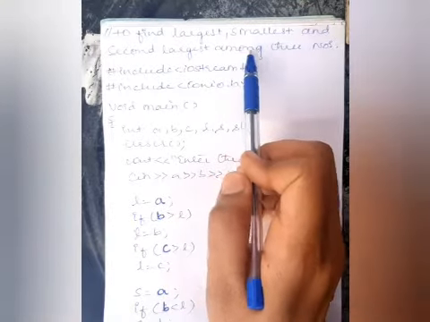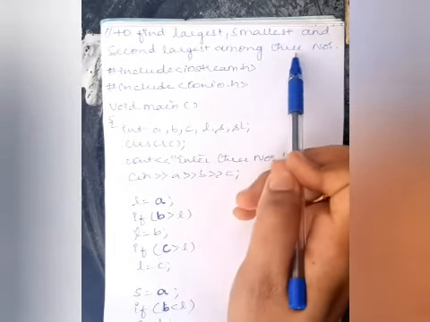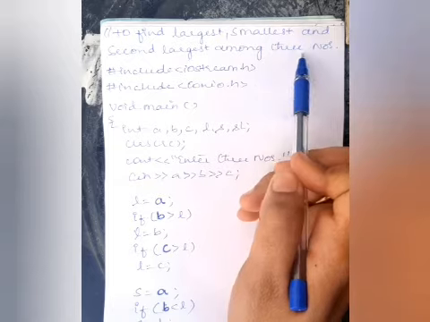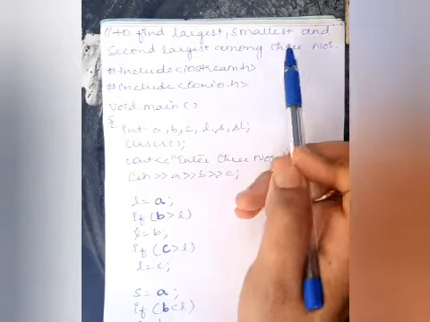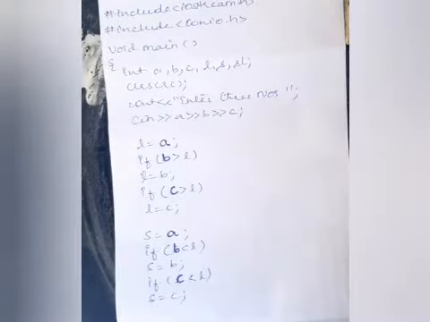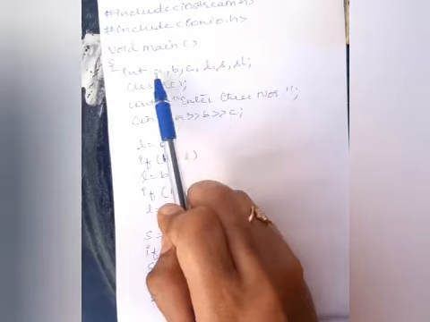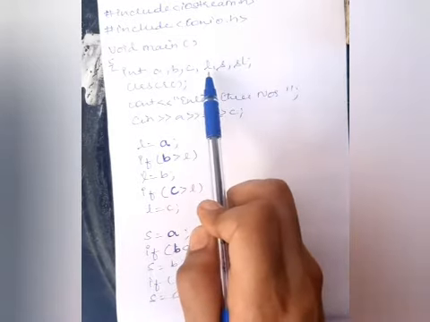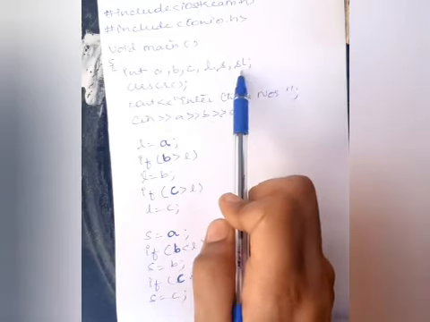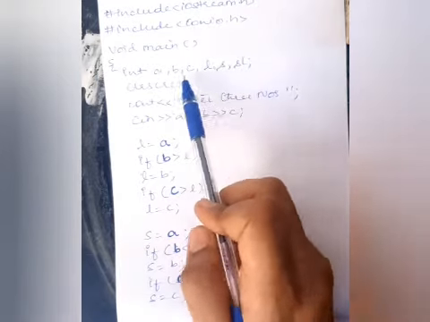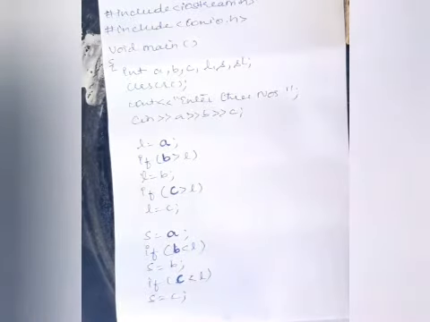Now along with that, I have to take three more variables for inputting the values. So totally how many variables do we have to declare? That is 6. First 3 for input variables A, B, C. Then the next 3 for logic: largest, smallest, second largest. So totally we are using 6 variables for this program.